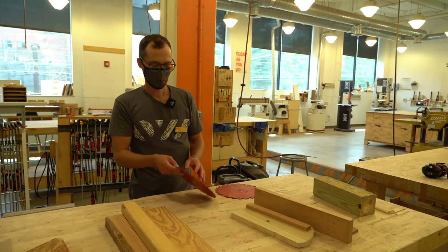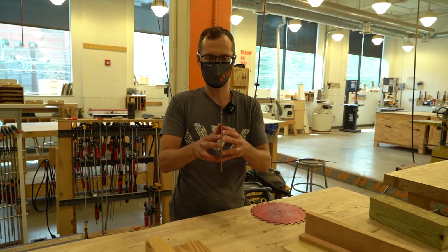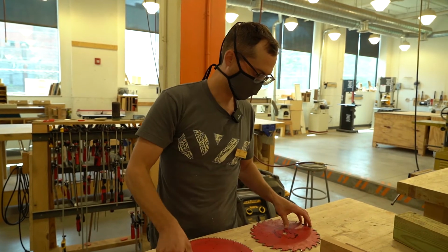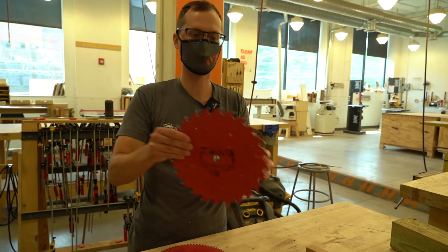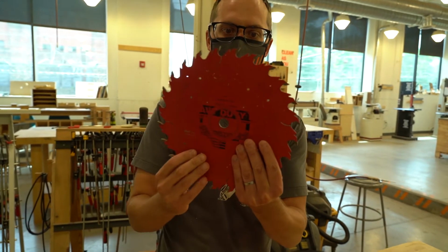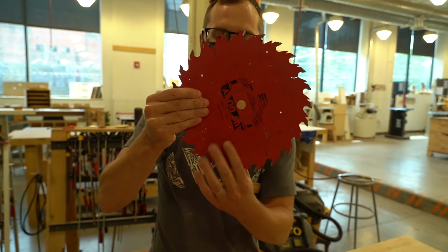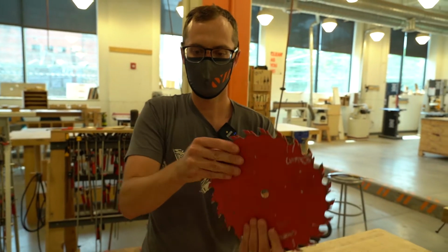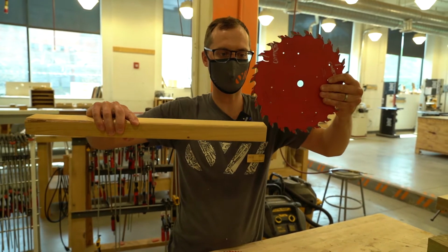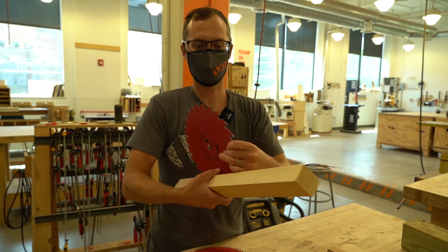In the wood shop, on every machine, the blade is turning towards you. So if you look at it from the side, well, it's a little more exaggerated with the big teeth, the teeth are pointing this way, and the blade's going to be rotating towards you. So as you cut a piece of material, the teeth are coming down into the material to do the work. If this blade was reversed,